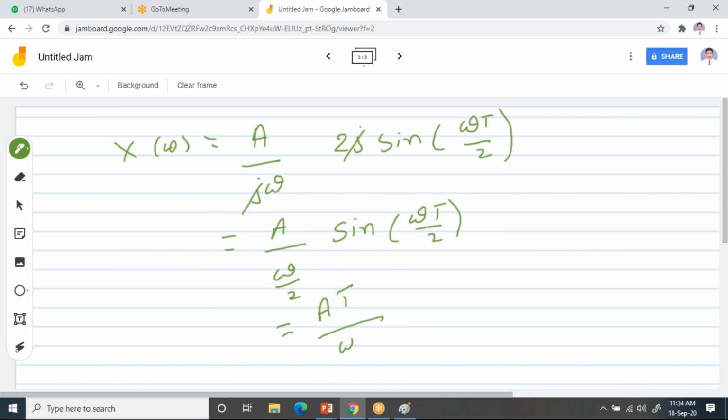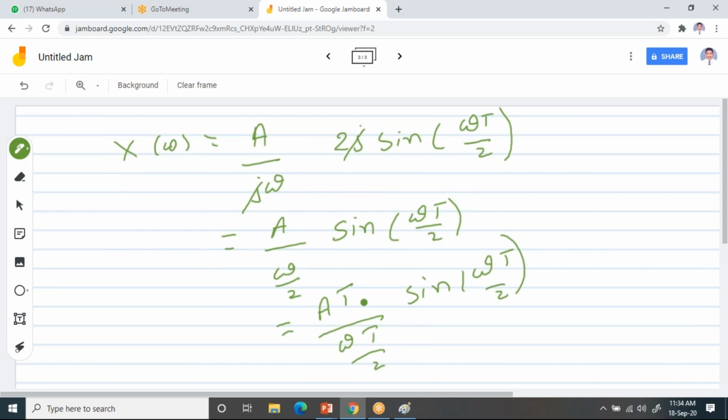Now observe it. If you do it like this, it won't affect, right? So please try to understand. I am just rearranging this term by multiplying the numerator and denominator with t. So you may ask why I am doing it like this. Since I have a function sine omega t by 2, I am going to make this denominator also in the similar manner. So to do that, I am going to rearrange this.